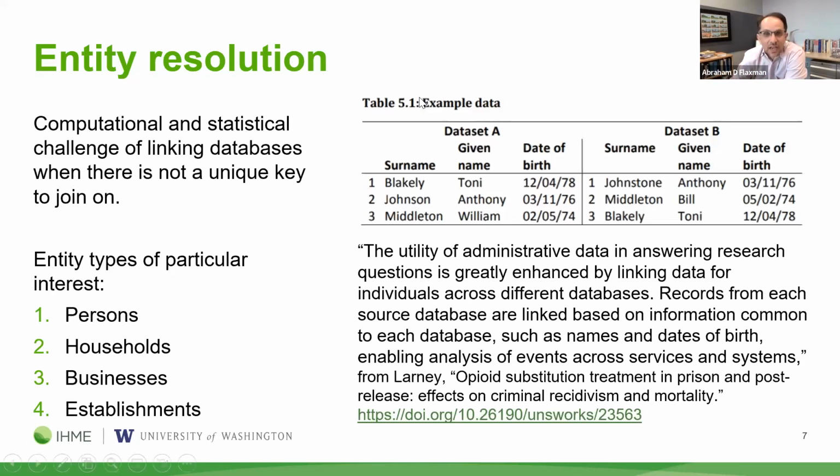Here's an example of the kind of data I'm thinking of where, oh, I wish we had a unique key on which to merge, but instead we've got things like last names, given names, dates of birth, and were it not for the way people have nicknames or misspellings of names or transposed numbers in their dates of birth, we would be able to use this as a pretty unique key. But because of the way that there are certain errors in the data, there's a lot of additional work that has to go into it.